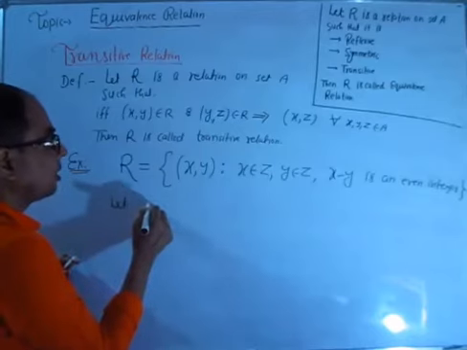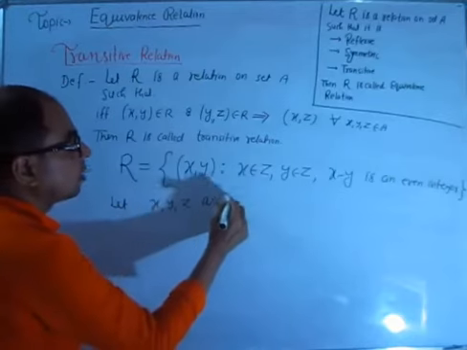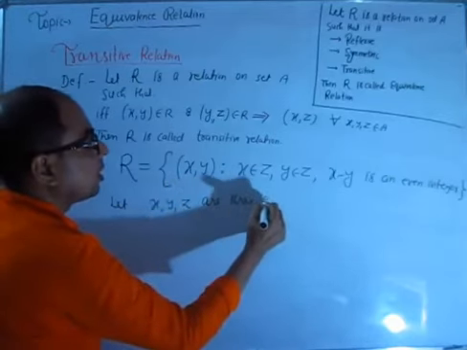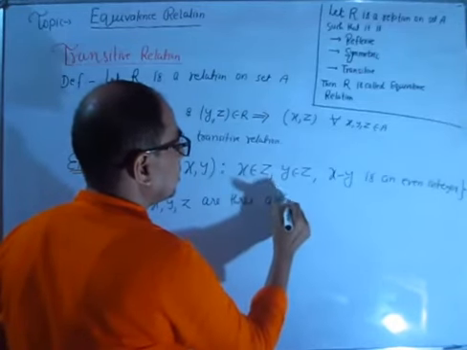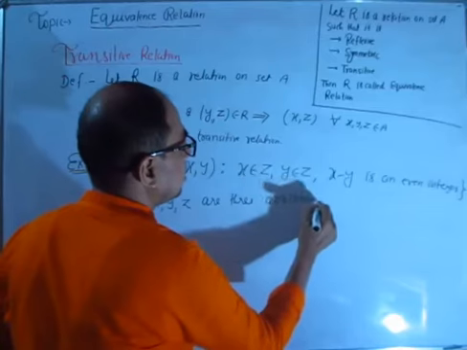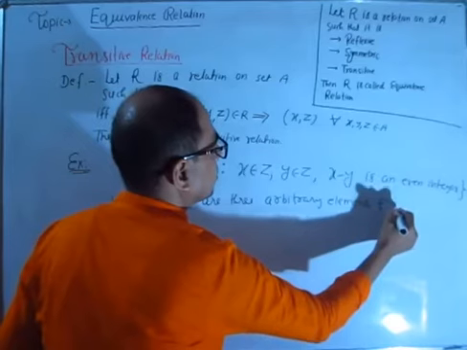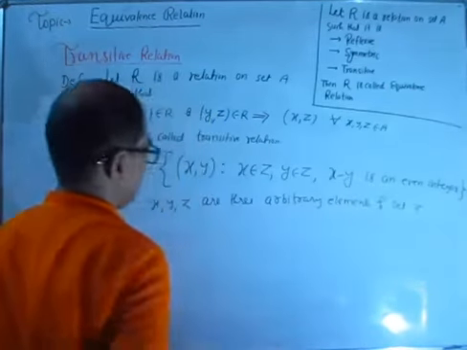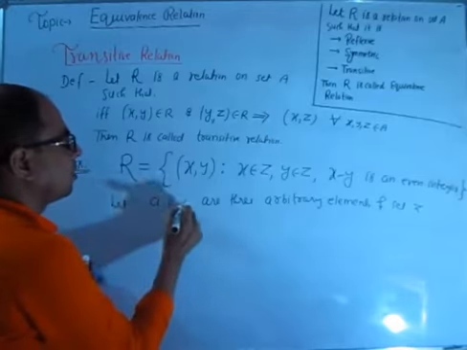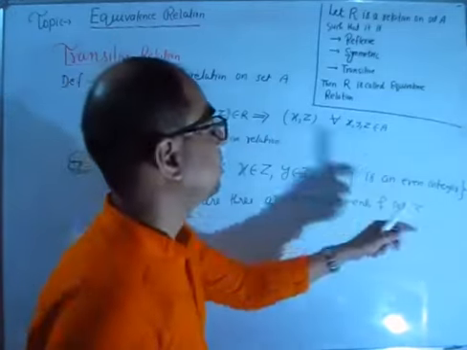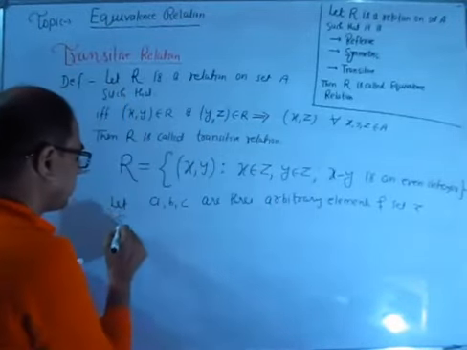Let X, Y, Z be 3 arbitrary elements, randomly chosen, of set Z. Here Z is an element, so let me write ABC. A, B, C are 3 arbitrary elements of set Z. So we have taken any 3 elements of this set Z such that